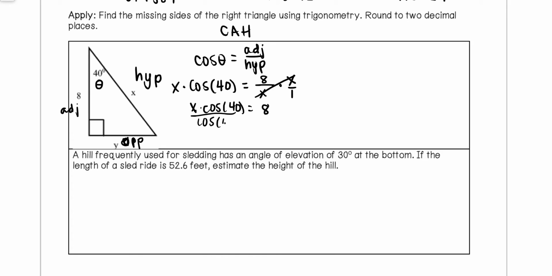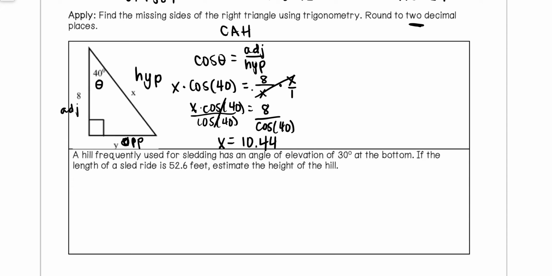So we can put all of this right into our calculator as 8 divided by the cosine of 40 to get an approximation for x. And when we do that, and we round to the nearest hundredths place, because this says round to 2 decimal places, we end up with 10 and 44 hundredths. So not finding cosine at the beginning there and not pre-rounding, make sure that your final answer is accurate. So don't type in cosine of 40 up above and get a decimal and round mid-problem, otherwise it will affect